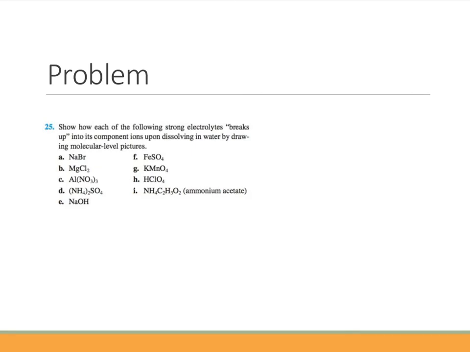So let's put what we've learned to the test. Show how each of the following electrolytes breaks up into component ions upon dissolving in water by drawing molecular level pictures. So let's start off with sodium bromide. Sodium bromide is much like sodium chloride. You have the sodium ion and the bromide ion. Now if I draw a molecular level picture, it would be like two spheres of opposite charge being attached to each other. When these get dissolved in water, they break apart into our sodium ion and our bromide ion, and